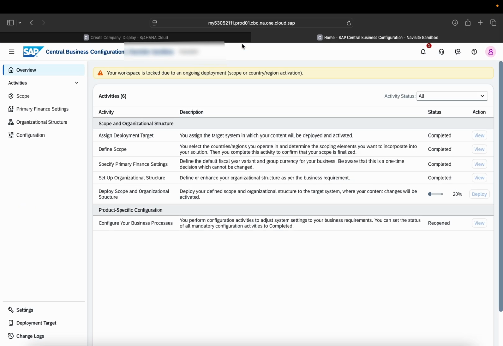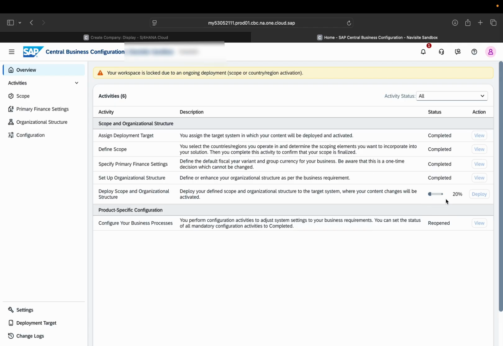Similarly, the same thing will happen over here, but everything will get automatically captured under one specific transport request, which the system by default generates in public cloud. That's the difference between SAP S/4HANA and public cloud.